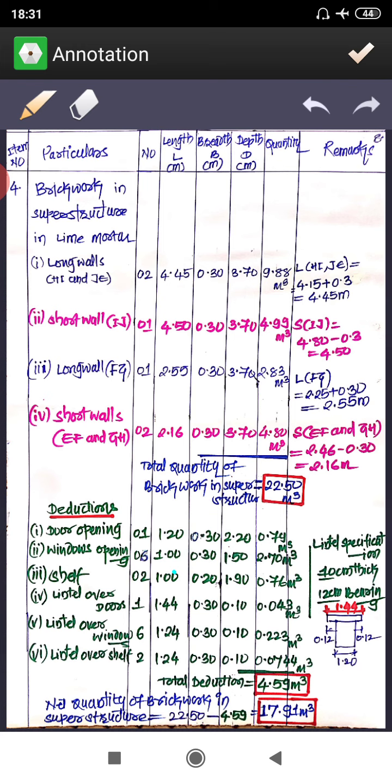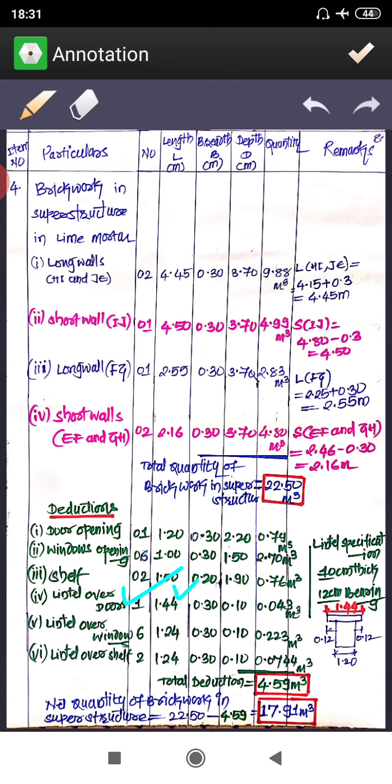Now along with that you have to take lintel quantity also. Now the lintel, as I said in the previous problem also, you can take it as running lintel or else you can take it wherever you will be having the opening. So here what I have done is, I have taken the opening lintel only, wherever you will be having opening, you have to provide the lintel there. So here I will be having lintel quantity, you can see that one number over the door. Then I have taken width as 1.44. Now how you got that 1.44, I have written here.